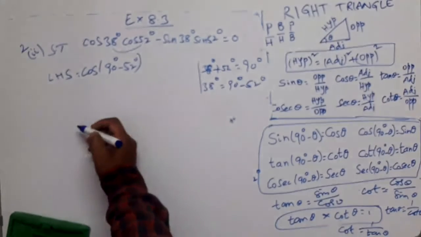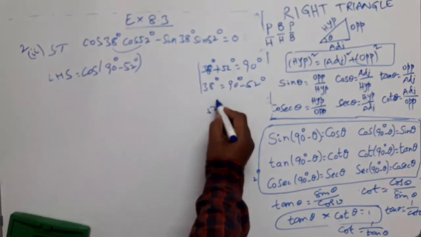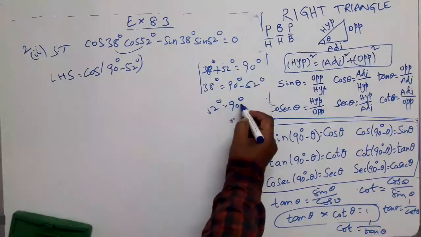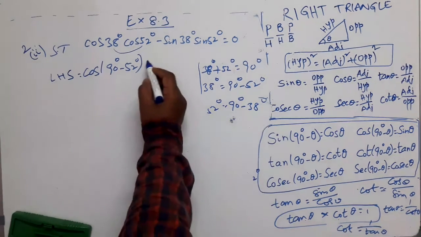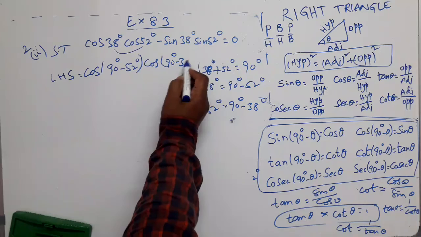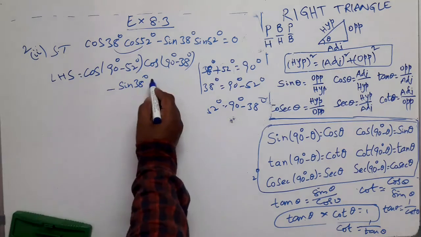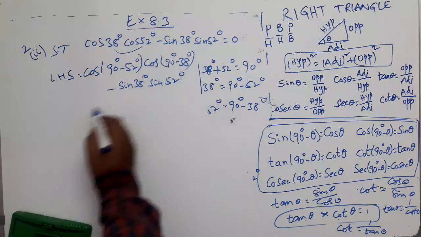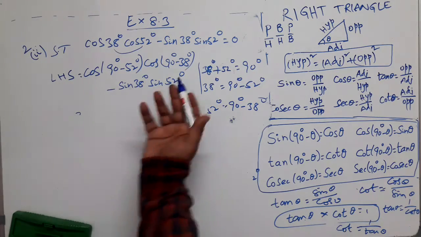Yes, I have to do the same thing. So this is cos 90 degrees minus 52 degrees. In the same way, I will write the 52 degrees also. So 52 degrees can be replaced by how much? 90 degrees minus 38 degrees, right? I am writing it like this. So this is cos of 90 degrees minus 38 degrees in the place of 52 degrees. I am leaving the other term as it is. I am not converting that because I know that on simplification of the first term, I will get the second term. Obviously, the difference is 0.